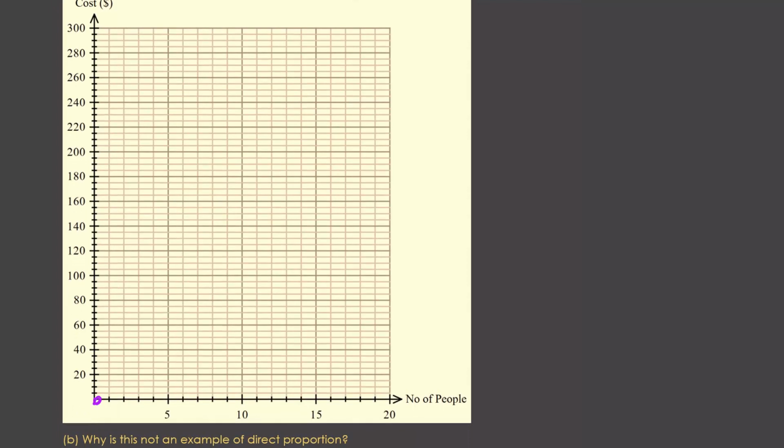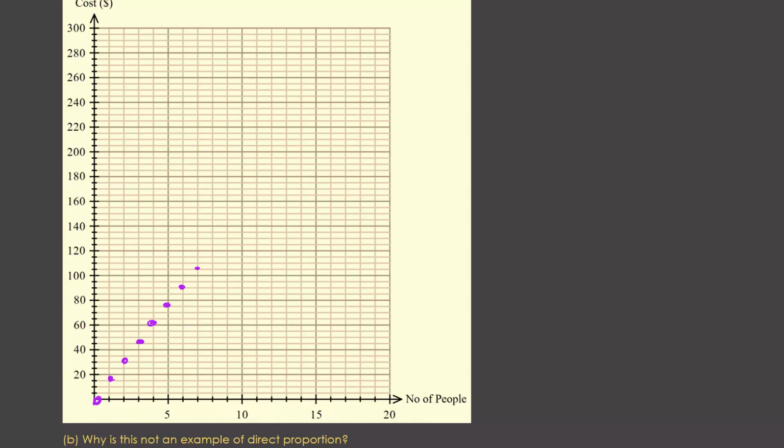So the origin is on because if nobody goes, it doesn't cost anything. And then we have $15 per ticket for the first 10 people. So 3 people are going to cost 45, 4 people will cost 60, 5 people cost 75, 6 people are going to cost 90, and then 7 people will cost 105,